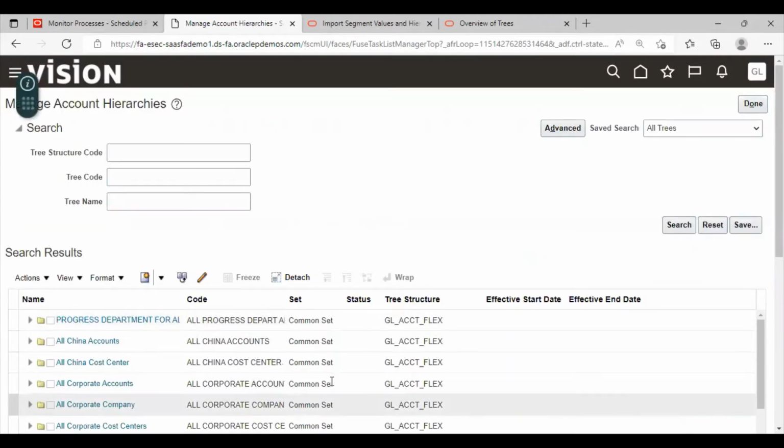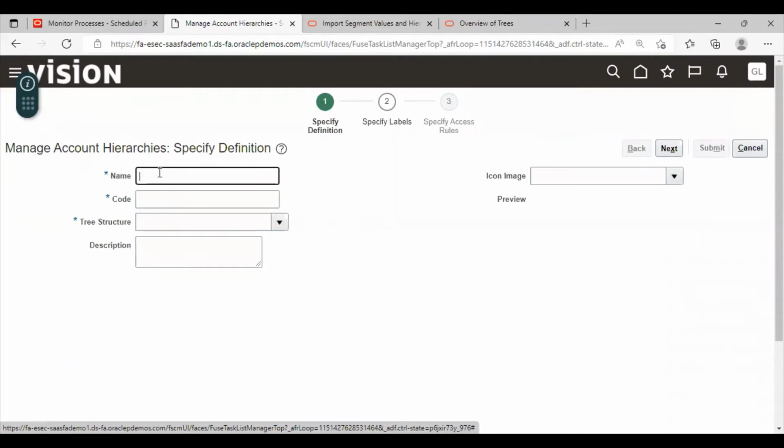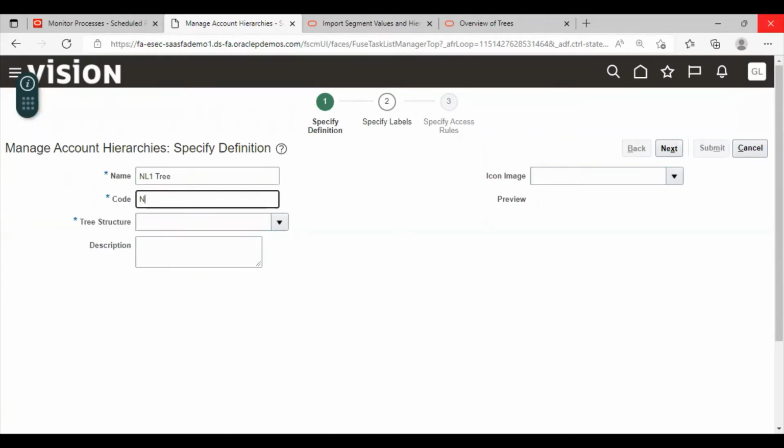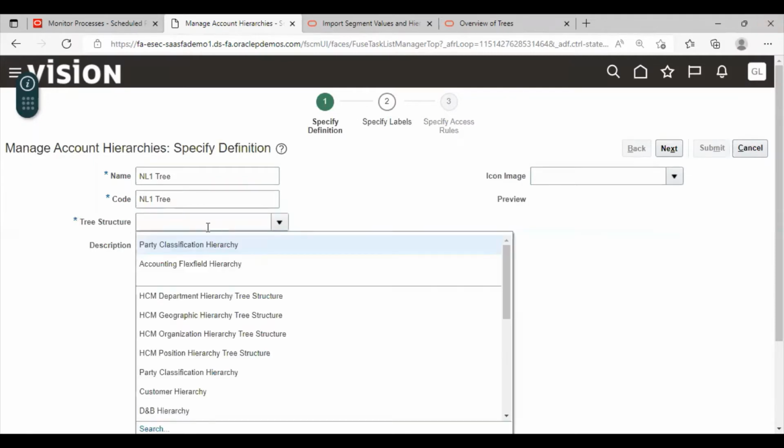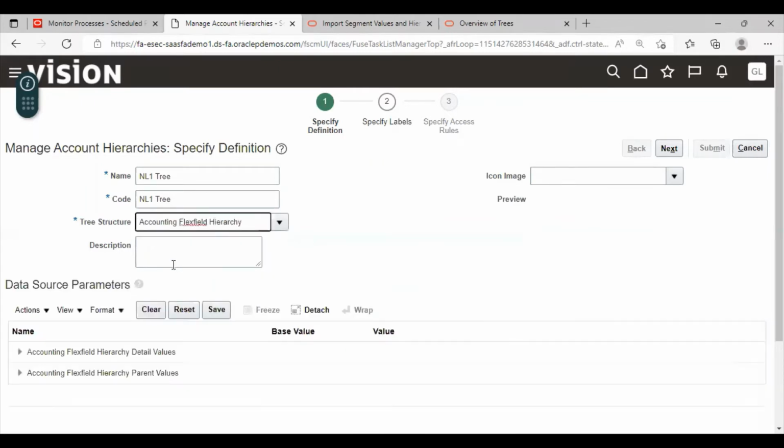These are already created hierarchies. We have to create a new one. Click on create tree. Here you have to give the name. Select tree structure. Select accounting flex field hierarchy. The description field is optional. Click on accounting flex field hierarchy details value.